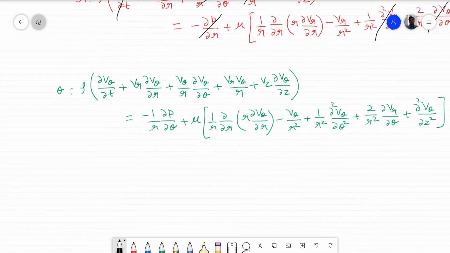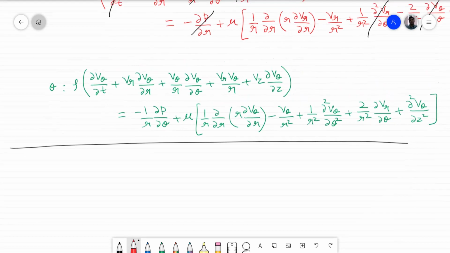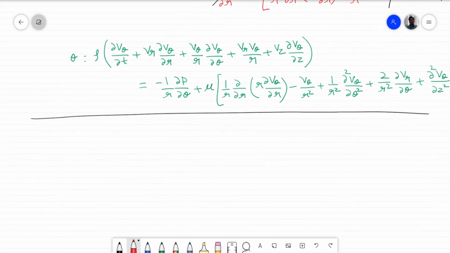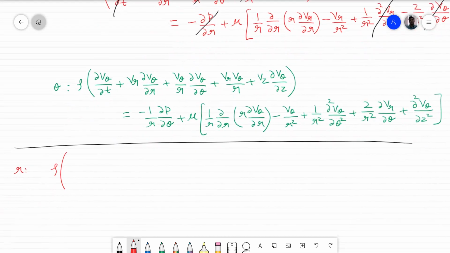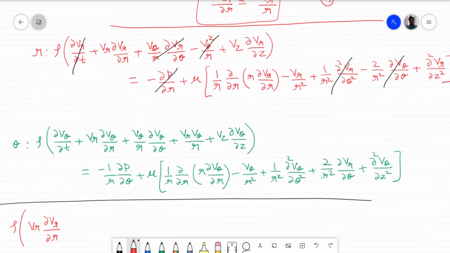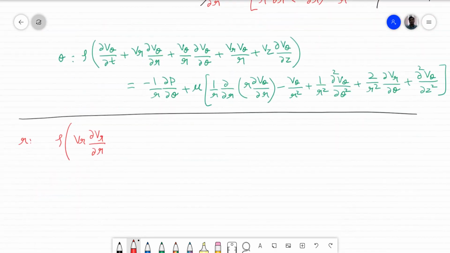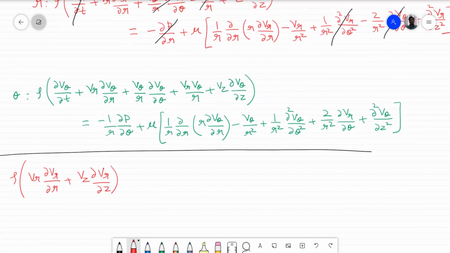Finally, the r equation becomes rho (Vr ∂Vr/∂r plus Vz ∂Vr/∂z) equal to mu